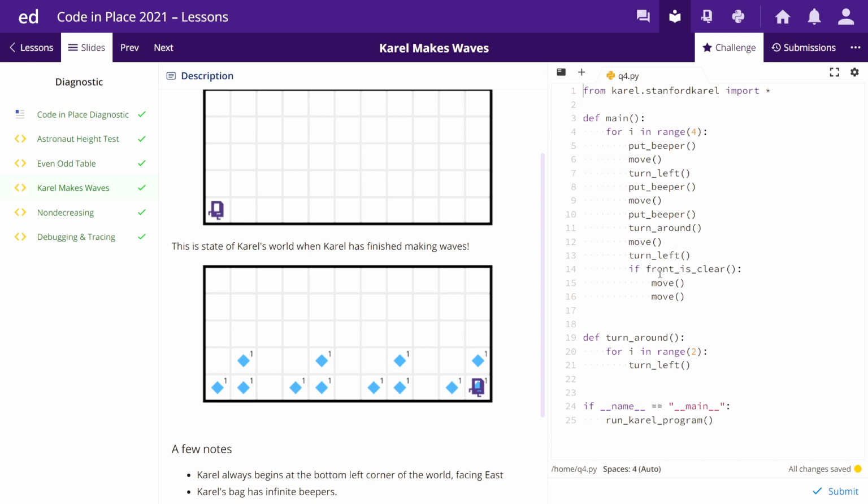And if front is clear. You may wonder why I'm using front is clear: because in this case the front is not clear, so it will give an error. So I'm using this if statement so we don't get an error. Okay,